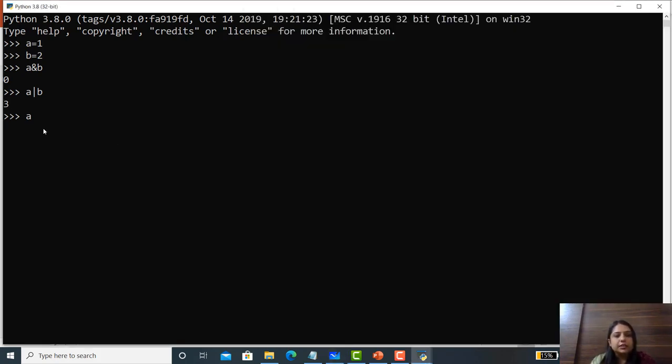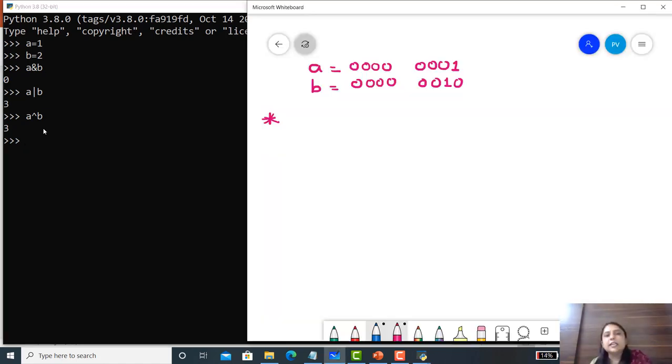Now perform the XOR operation, A XOR B. Then the answer is 3. Let's see the explanation. We know that A equals this and B equals this. For the XOR operation, I am writing these digits: 0 0 0 0 0 0 0 1 and 0 0 0 0 0 0 1 0.